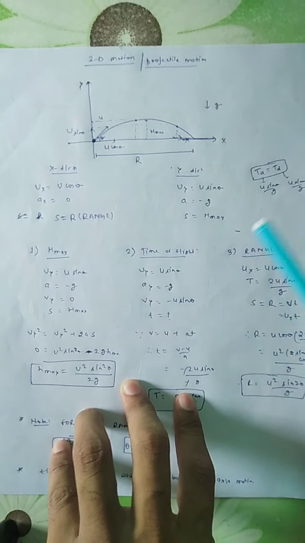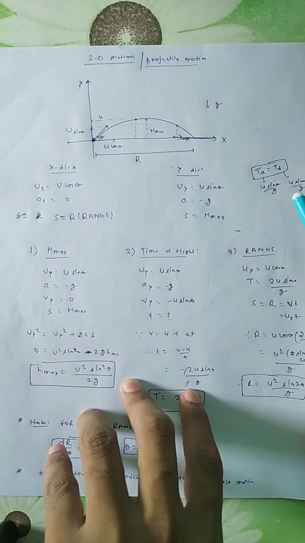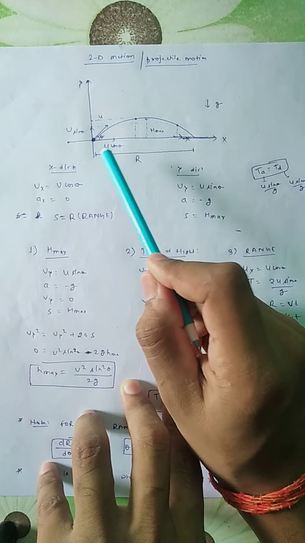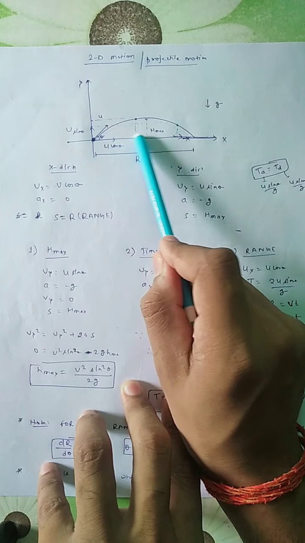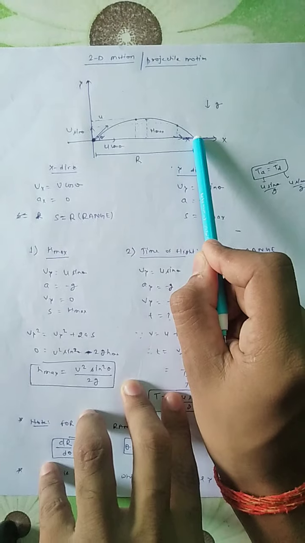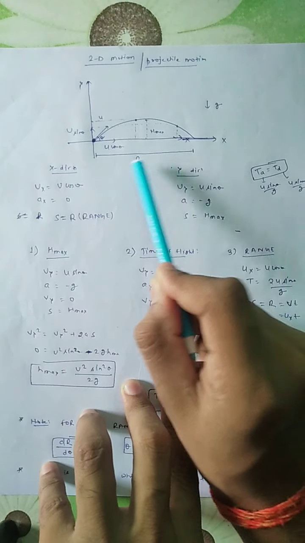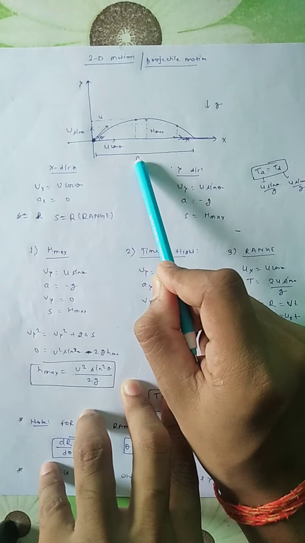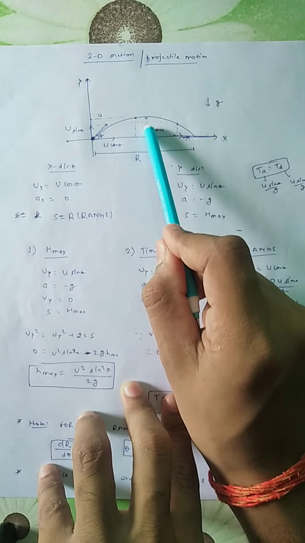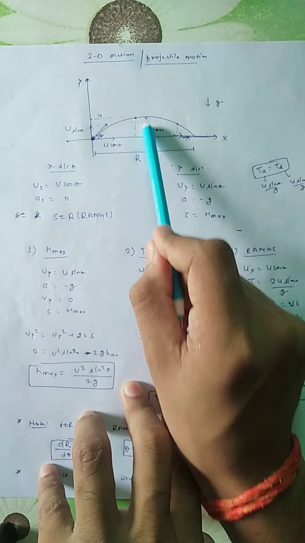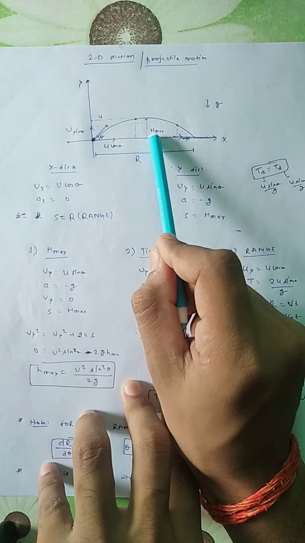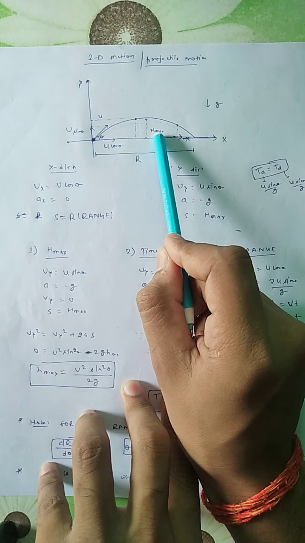Now let us see how problems are generally asked in examinations. In projectile motion, you first have to find the distance covered during the total motion in the x direction, that is R. R means the range of this projectile. Similarly, you may be asked the maximum height, meaning the maximum vertical height from the x axis to the topmost point. This height is known as the maximum height of the projectile.